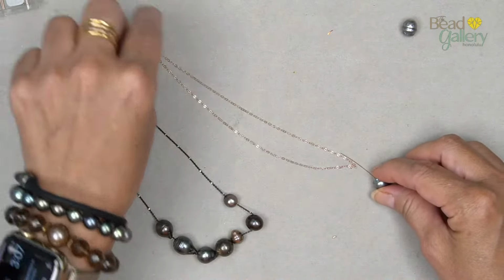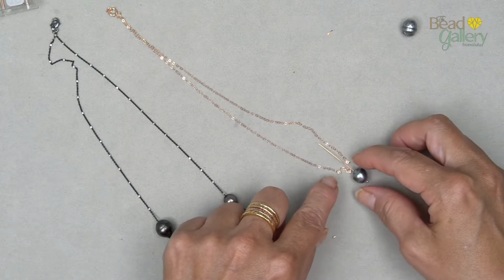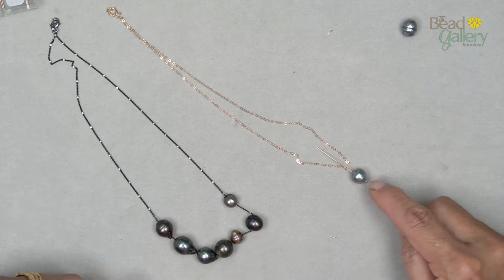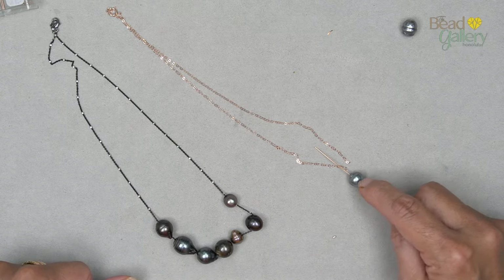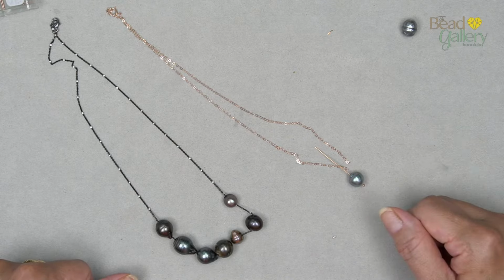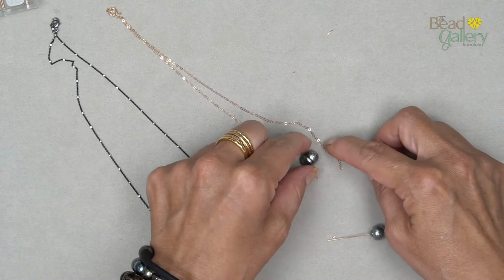here is the first thing you can do. Let's say you want it to be a drop. When you wire wrap this loop, shout out Janine, you just make a big loop and then you attach it, okay? If you want it to be a side-to-side necklace,